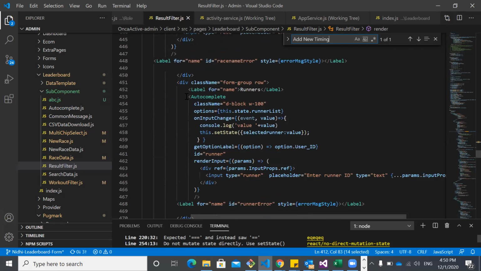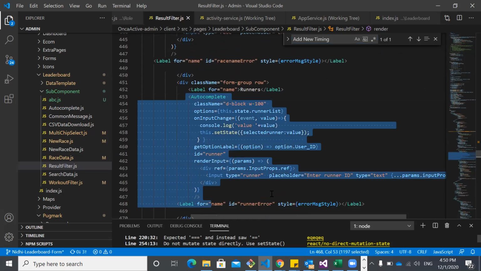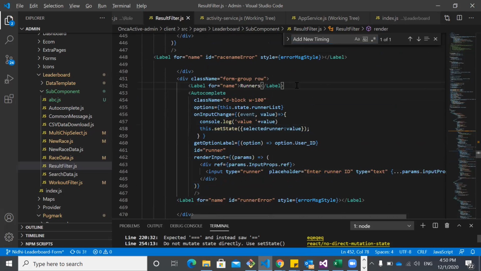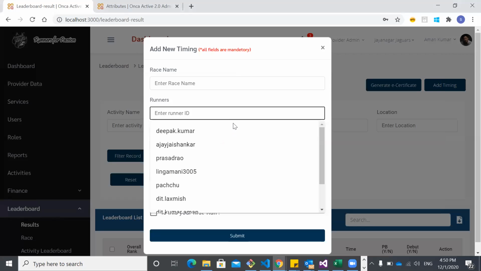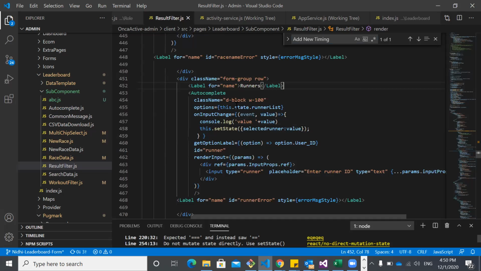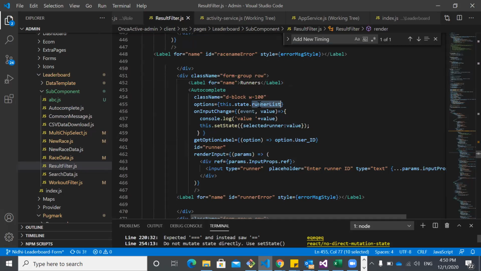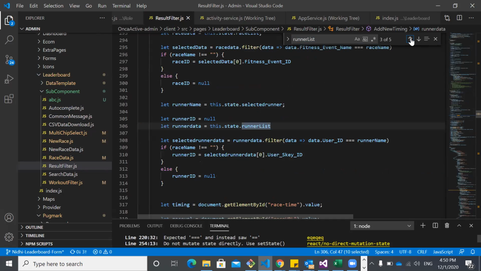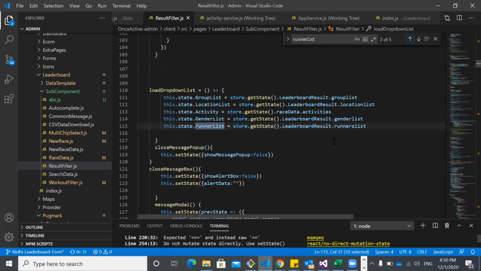See, for the runners we are using the autocomplete function. We are checking autocomplete functionality and we are binding data for this. First of all, we require all the runners' names, so we are taking them in a runner list variable. For that, by calling a particular API, we are storing data.